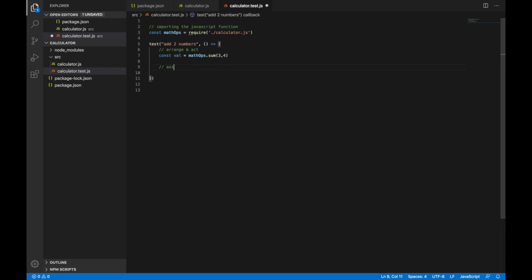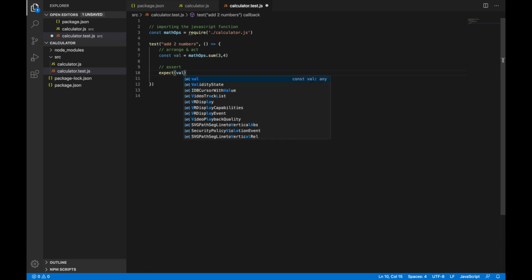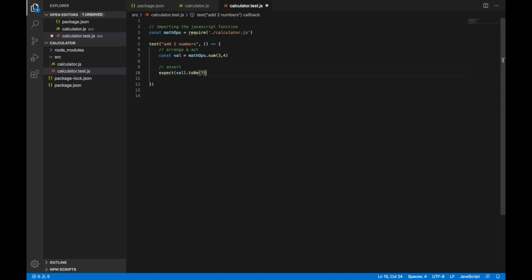Now we need to write an assertion. Assertion has a specific syntax in Jest. We'll use the expect library. Expect is nothing but assert. I'll say expect val to be, now 3 and 4 should add up to 7, so I'll write 7. So that's the test that we have written.